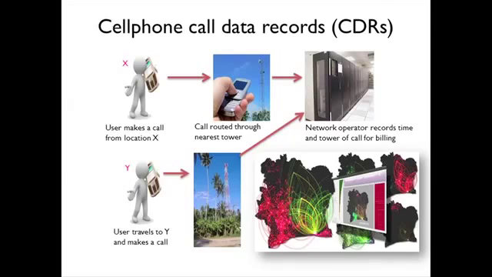So what I mean by this is if you or I were to make a call at this location now, that will be routed through the nearest tower that's maybe on top of this building. The network operator records that time and tower location for billing purposes. If we were then to move somewhere else in London and make another call, that information would then be recorded of which tower that call was routed through, and you would get information that I had moved from one location